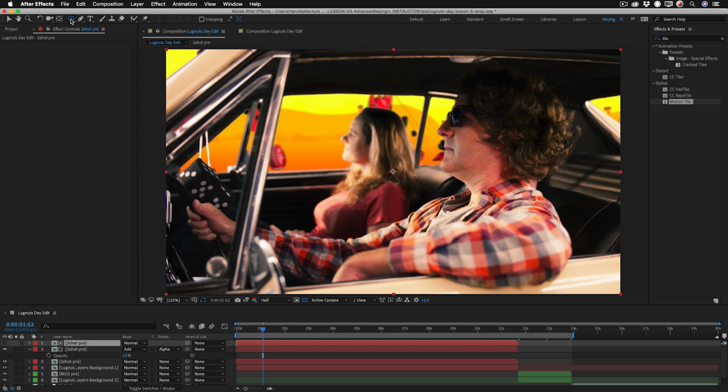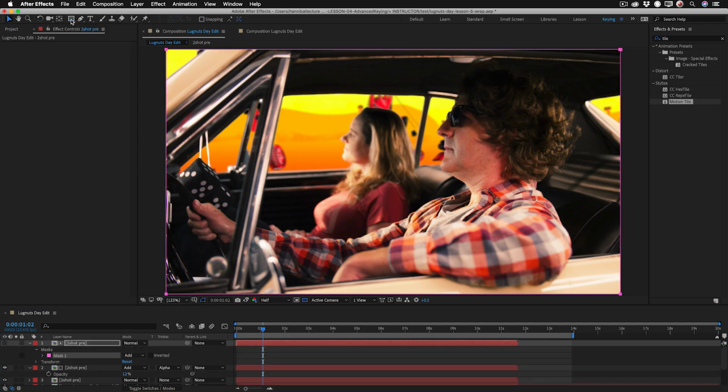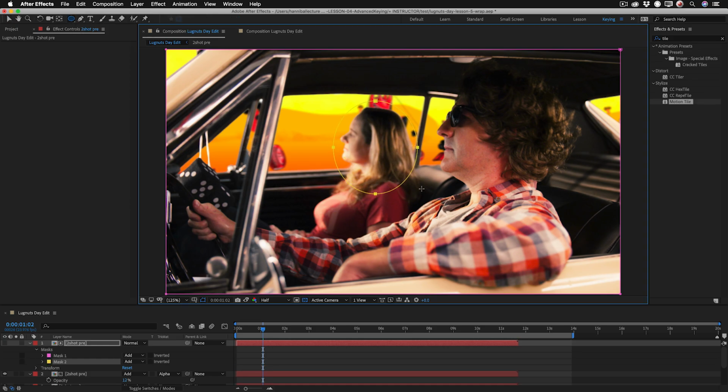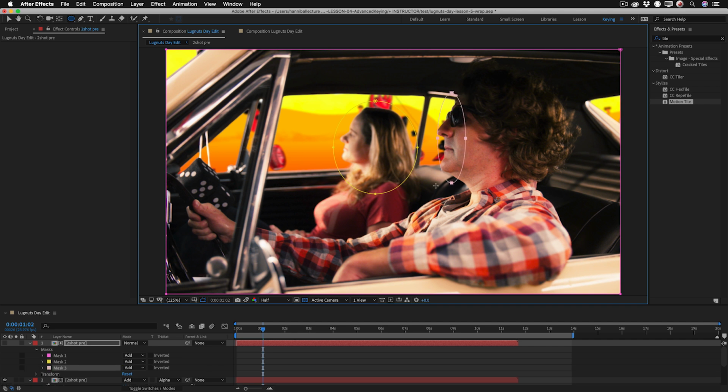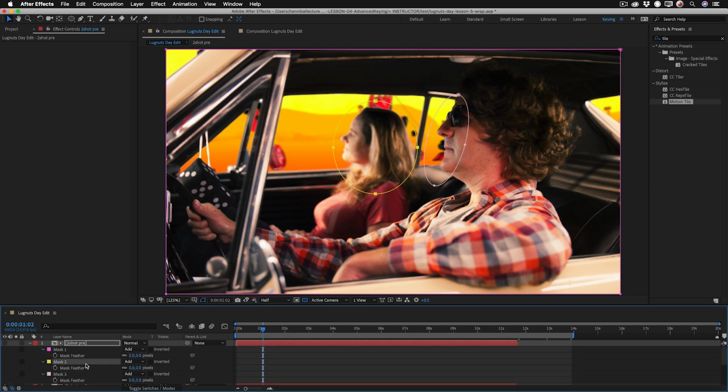Just going to make a rectangular mat around that top layer that's holding out the edges. And then I'll switch to an ellipse tool. And I'm just gonna draw a mask around her and one around the front of his face. Just angle that around a little bit more like that. Let's feather those quite a bit. And then we're gonna make each of these a subtract matte,